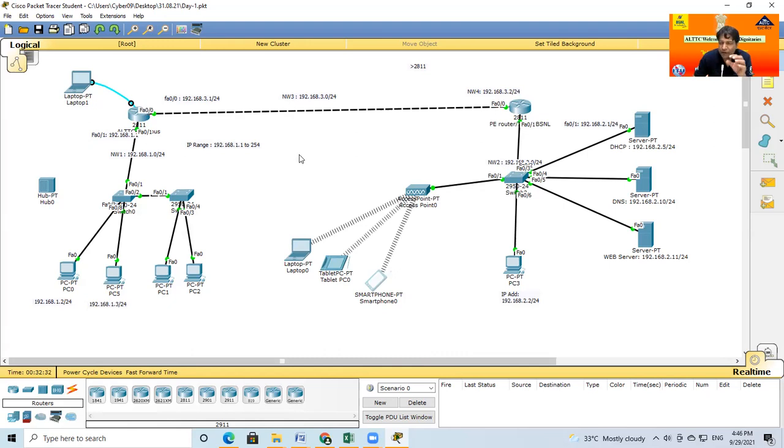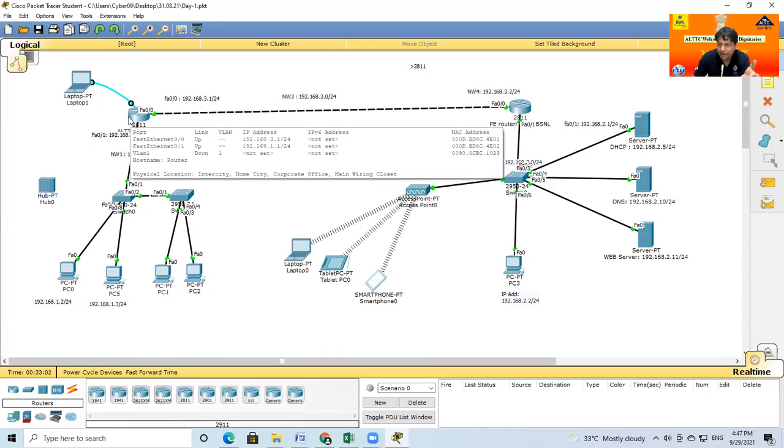So hopefully you are now able to understand what DHCP means and how to configure DHCP. If the network is small, you can directly make the router a DHCP server, no issue. If it is a very big network with high traffic, then definitely make a separate DHCP server. Otherwise your computer hardware and router will be damaged.